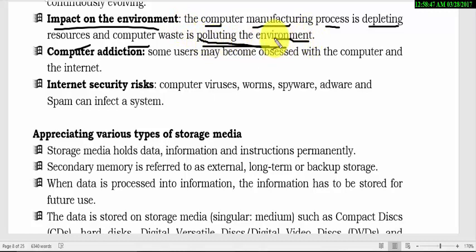Pollution, I remember you did this one when you were doing your early grades. Pollution means damaging your environment by using bad chemicals. So when a computer is thrown on the environment, it will have a very bad impact by maybe bringing poison. You know, computers are so dangerous here. Yes. Thank you very much.